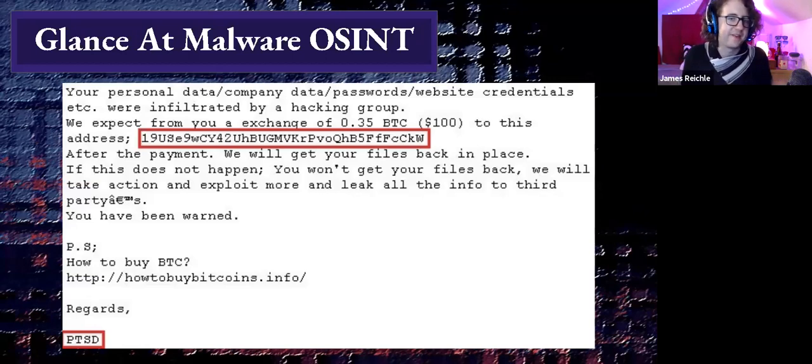threat actors. But obviously, if I just Google PTSD, I'm probably not going to find anything interesting on its own. I'm probably not going to get anything from that Google. But let's work with this cryptocurrency address, right? And this is the point where I say, probably a week before